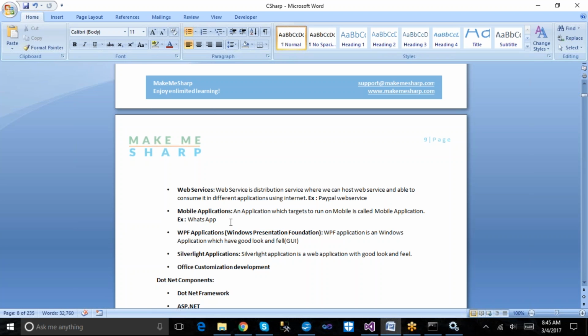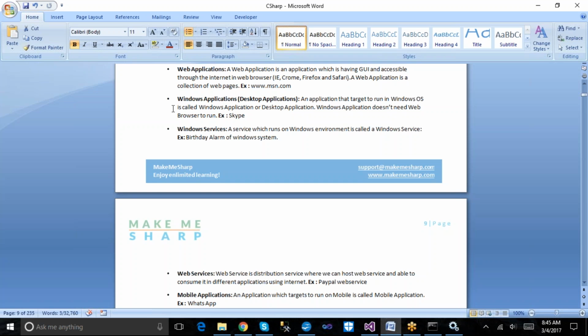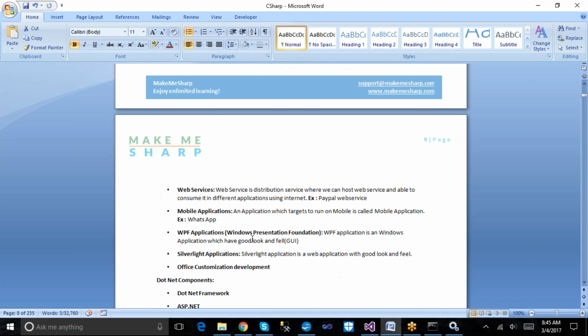Okay. And we also have a similar kind of desktop application, which we can call a WPF application. It is also a desktop application, as I already mentioned on top, but here we have a great look and feel and some better functionalities.